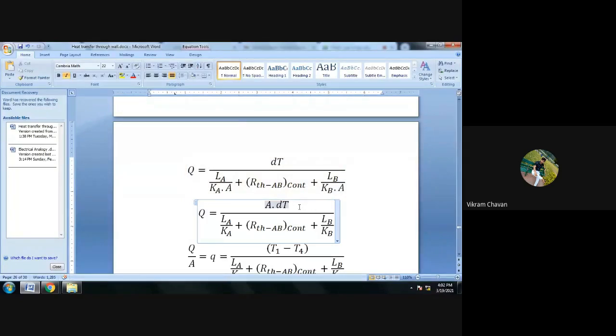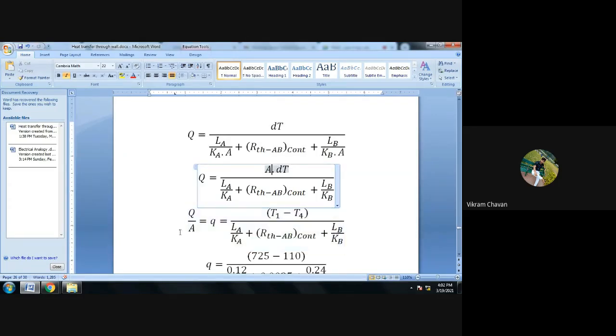Now this is the simple conversion of the equation. If you take the 1 upon A common and shift it to the numerator side, then shift that area to the opposite side, it becomes Q divided by area, or heat transfer rate divided by area, which is nothing but heat flux. So we have written small q, which represents the heat flux, heat transfer rate per unit area,